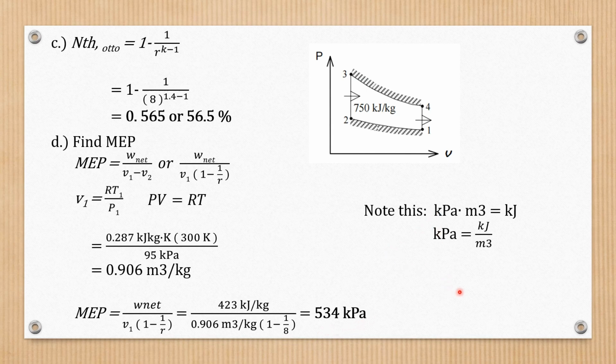Take note of this conversion, wherein kilopascal times cubic meter is equal to kilojoules. So if we cancel the kilogram here, the unit left is kilojoules per cubic meter, which is equivalent to kilopascal. That's why our unit here